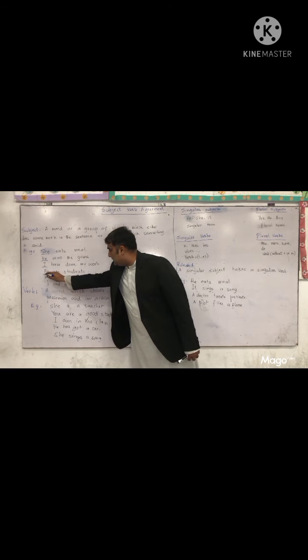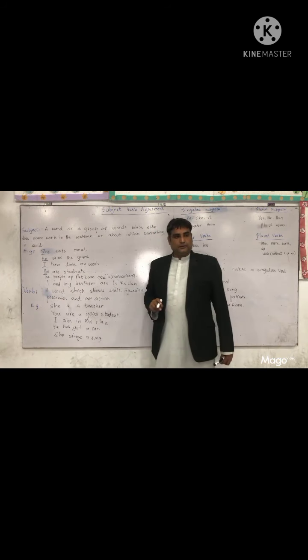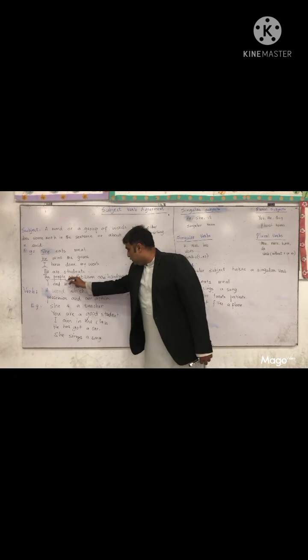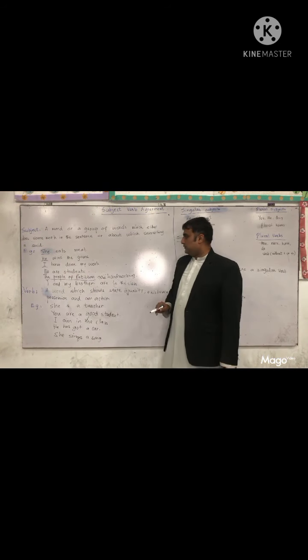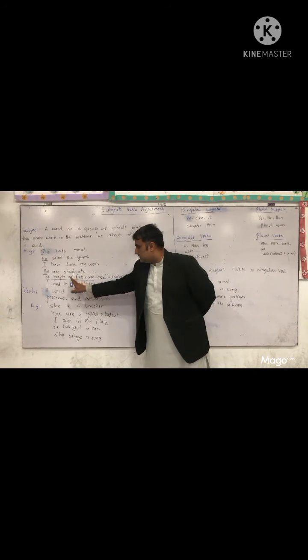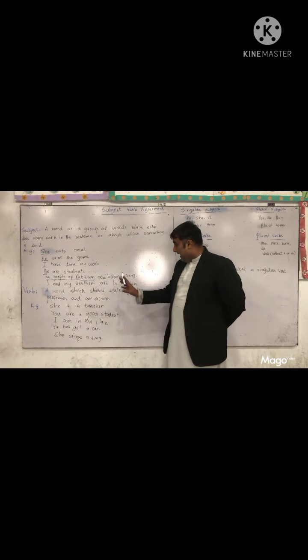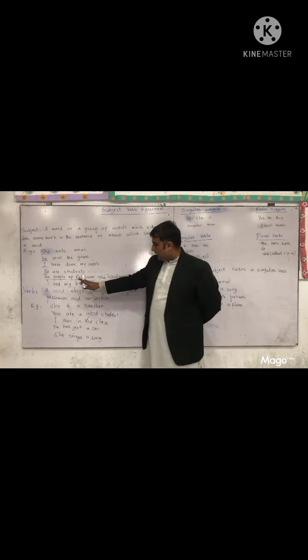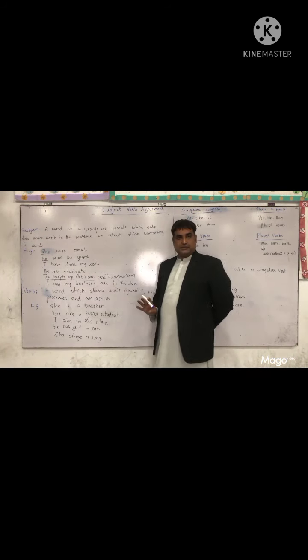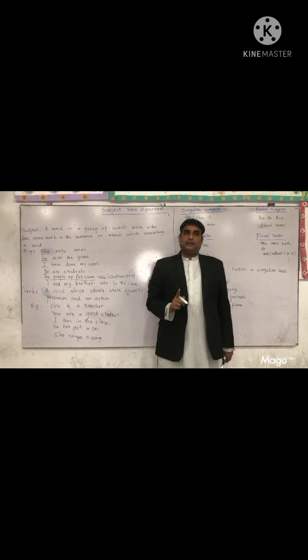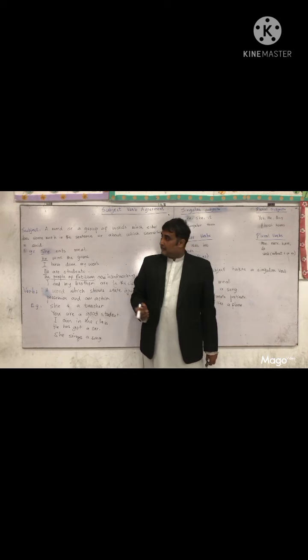For whom is something said? We is the subject of sentence. For whom? Who are the hardworking? People of Pakistan are hardworking. This is the subject of sentence. I and my brother, who are in the class? I and my brother, this is the subject of sentence. So subject can be one word or it can be a group of words.